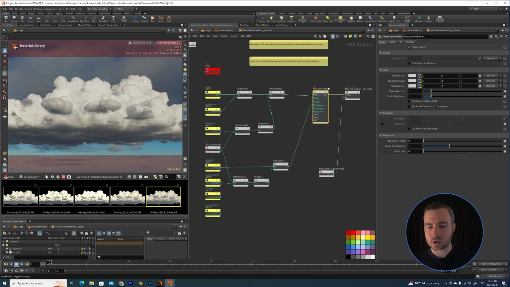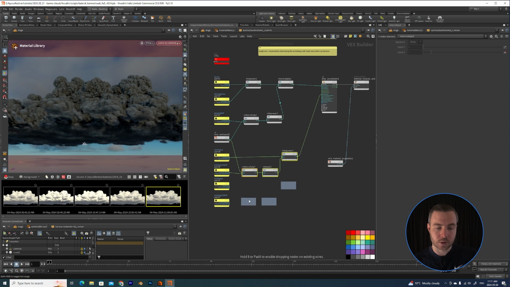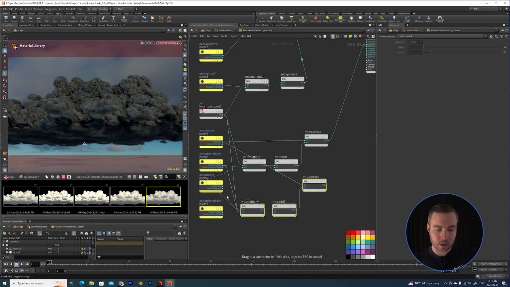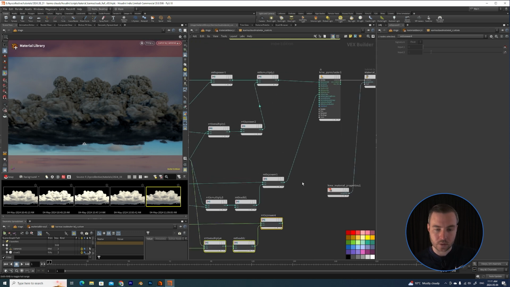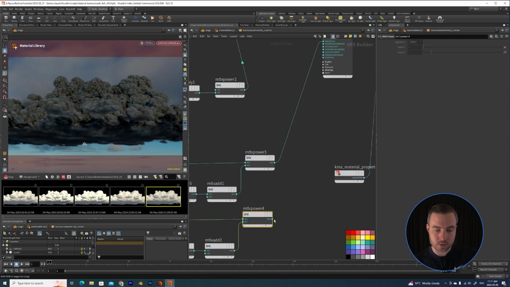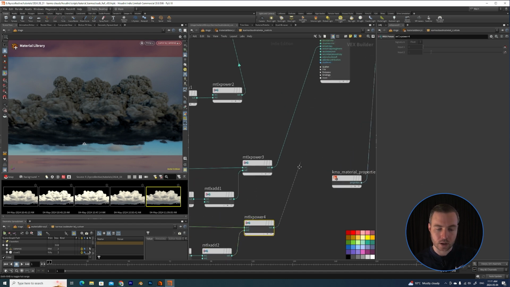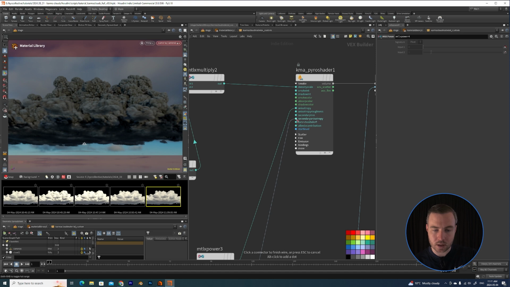You can see that even in the default shader, there's use secondary anisotropy. And essentially they built this roughness channel to mitigate having to use this, because when you do use a secondary anisotropy, it can result in higher noise. I'm just going to duplicate our entire function here, and then I'm going to plug in our falloff 2 value and our anisotropy 2. And then I'm going to take the result of this and plug it into secondary anisotropy,